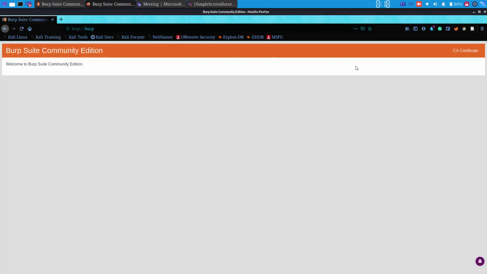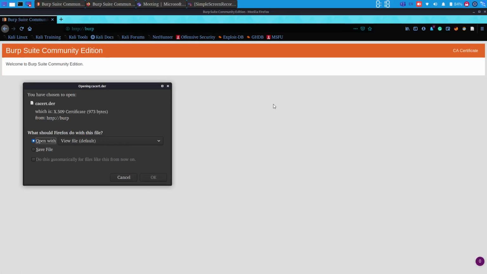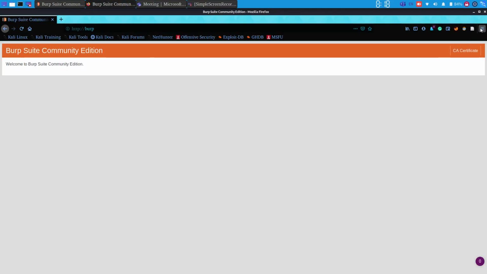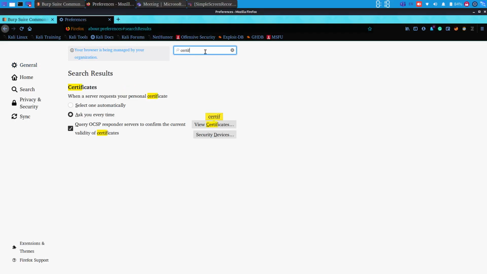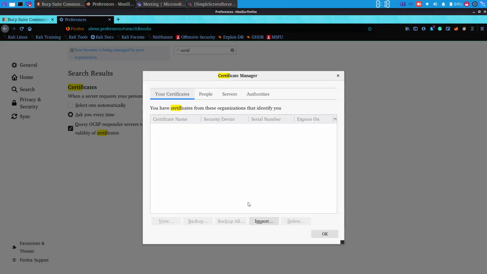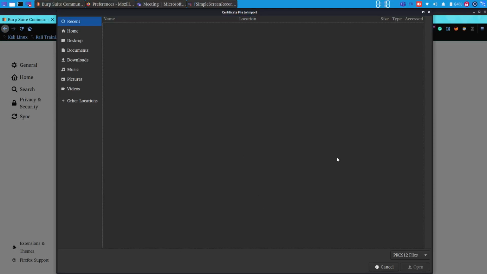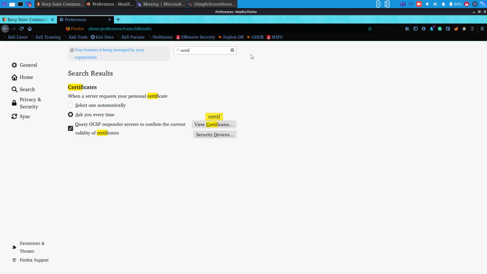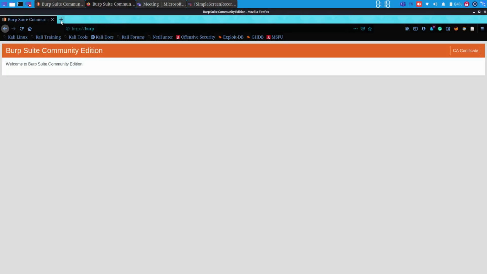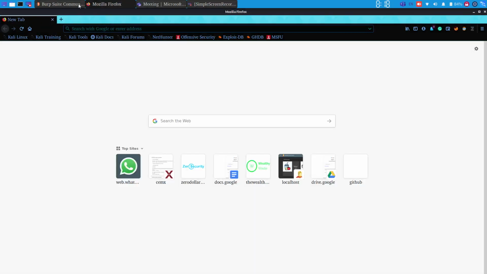When you visit this website, you can go here to the CA certificate. You can click on this CA certificate and save it. Then you can go to preferences, search for certificates, view certificates, and import that certificate. When you import that certificate successfully, you will be able to easily open all other websites through your application layer proxy, that is Burp Suite.